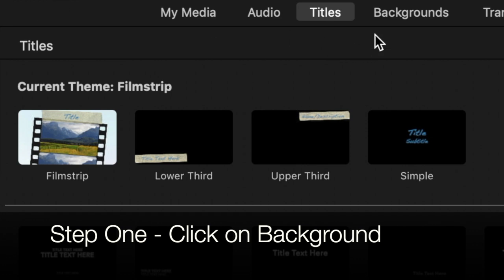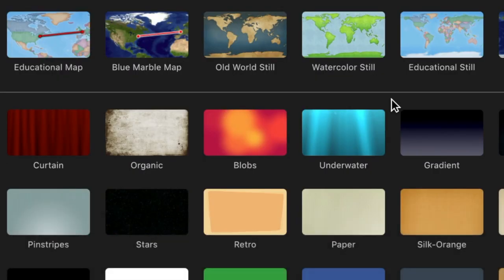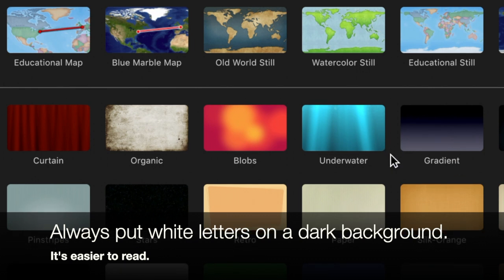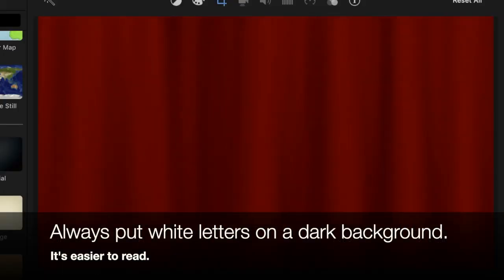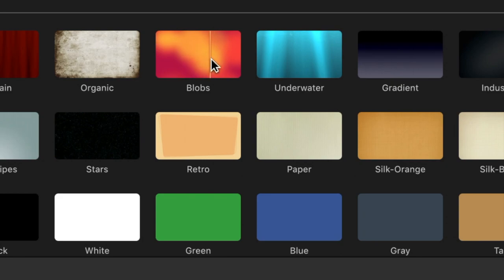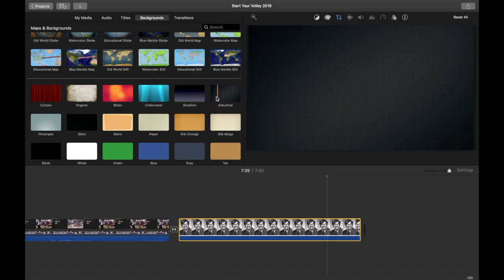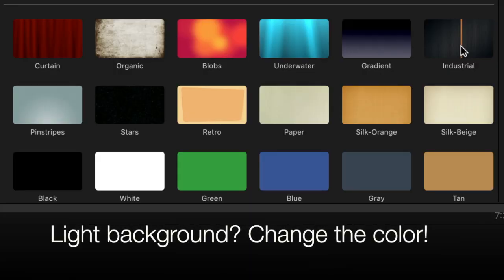So guess what you click on? Yeah, background. You have several choices. We always want to put white letters on a darker background. So, curtain, this one's red, that would be good. Blobs, this is orange, that would be good to put white letters on. Underwater, yeah, fine. Gradient, ooh, that's dark. Industrial, really dark. So anything that's dark is good,